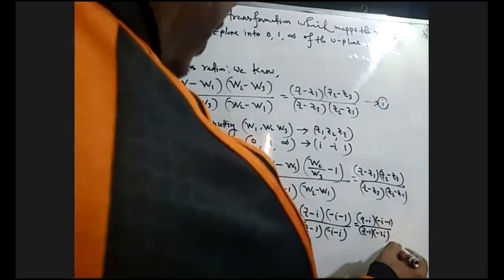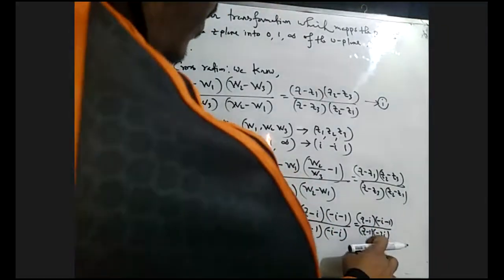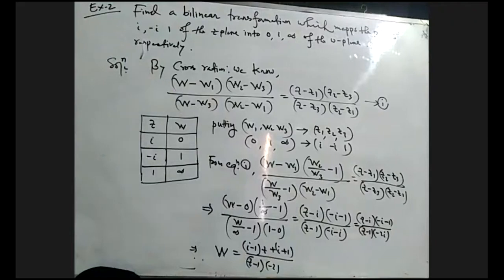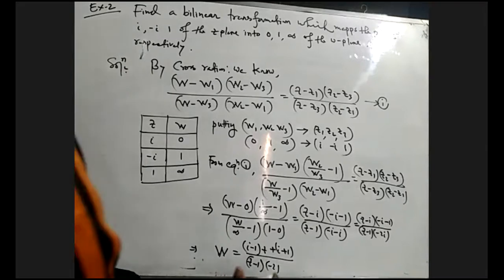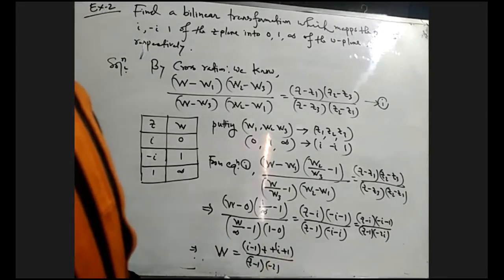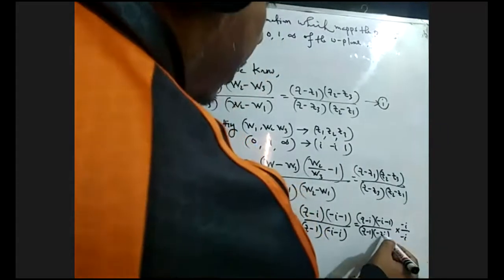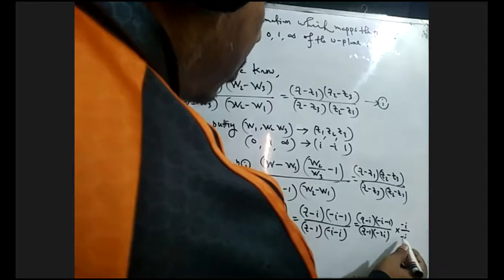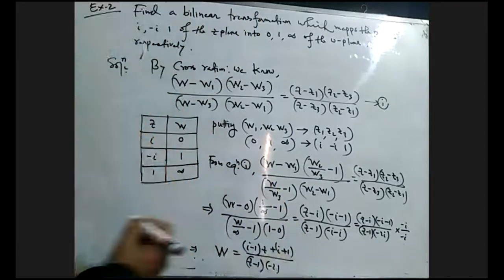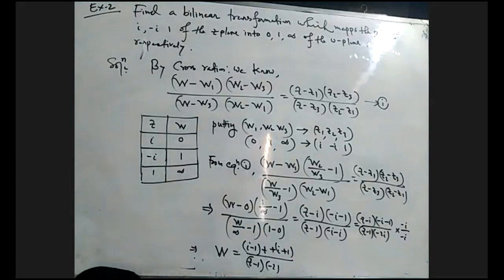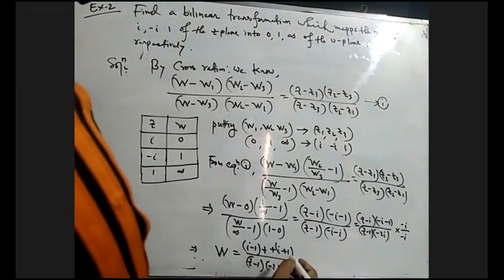Multiplying by i on both numerator and denominator, we get minus 2i square. So minus 2i square means, since i square equals minus 1, we get minus 2. So this will be the result. If we take multiplying by minus i, this minus i times i gives i square equals minus 1, so minus 2. This will be the result.